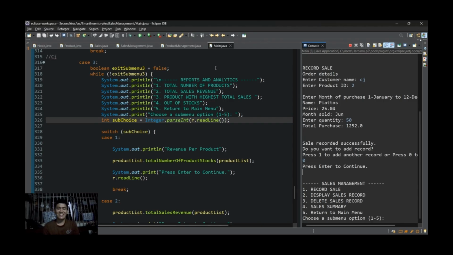Almost all of those four cases have almost the same structure of how we get the methods of the product management class.